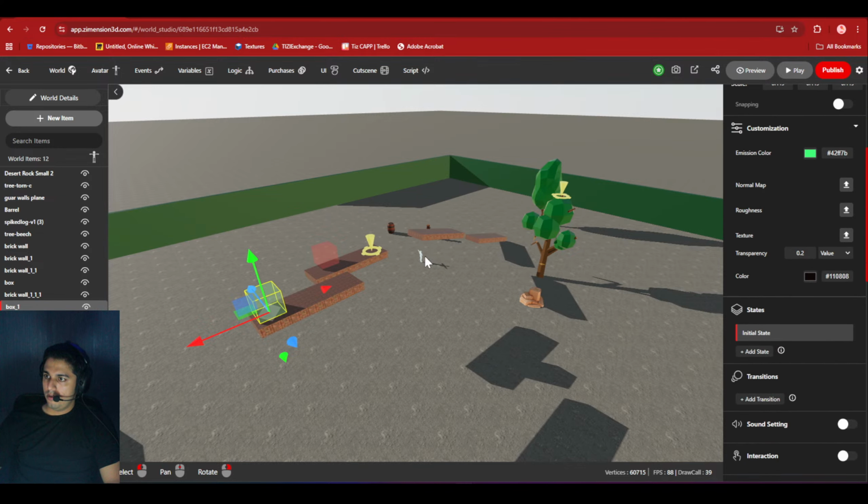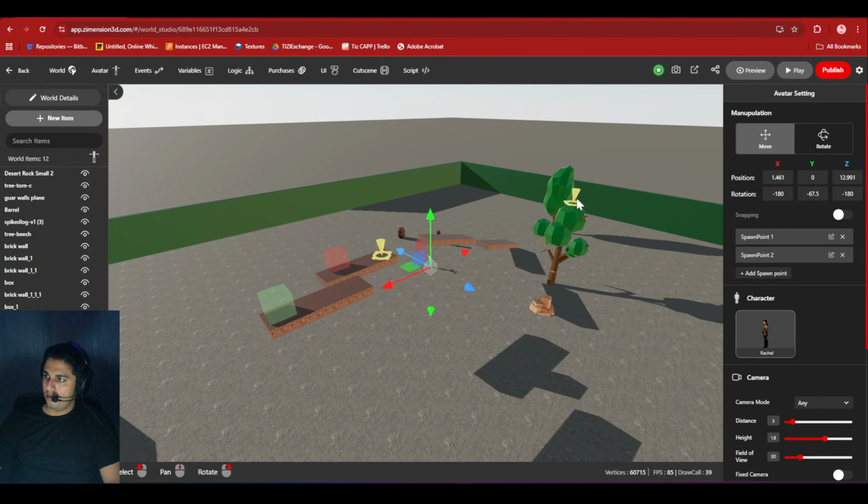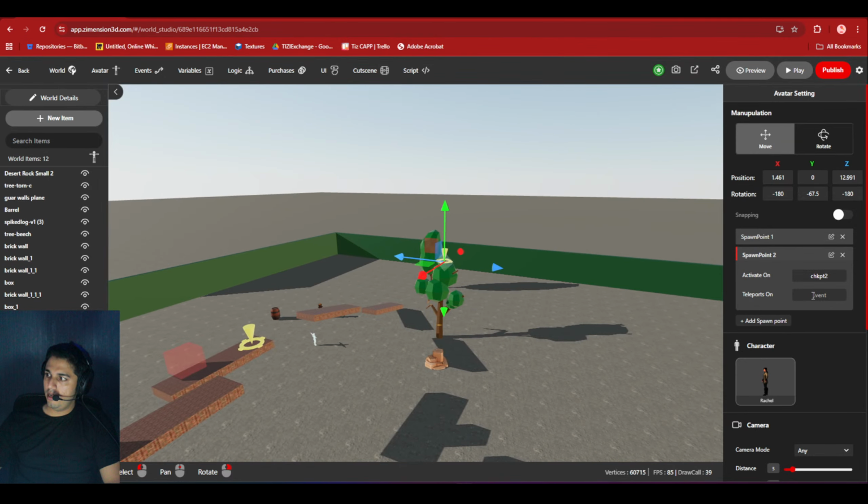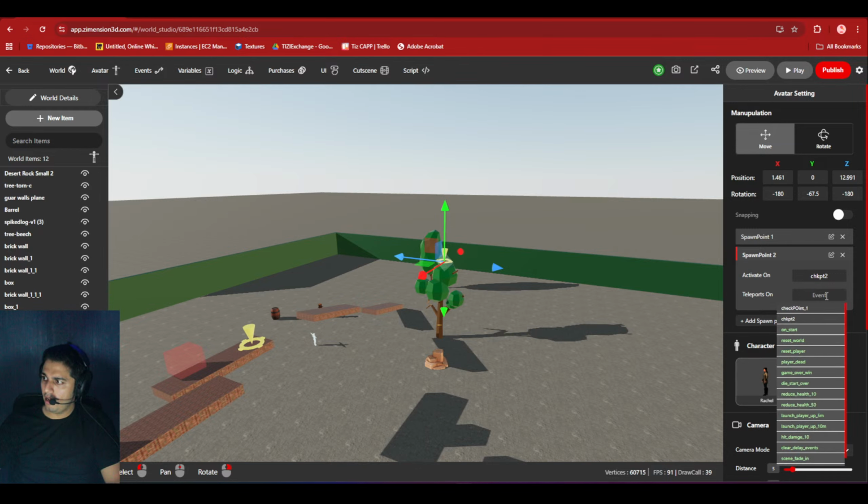So again, click on avatar, click on this checkpoint, and in this teleport event, you can use the same one, checkpoint 2. Oops. Okay, I cannot use the same event, so I'll have another event.